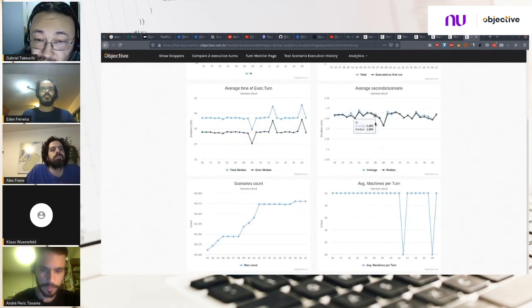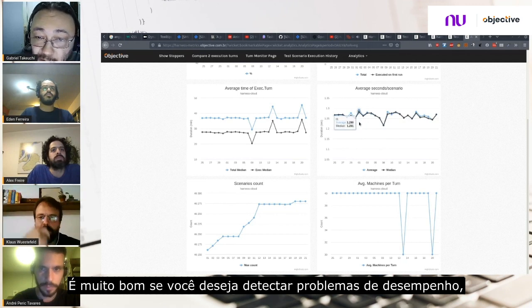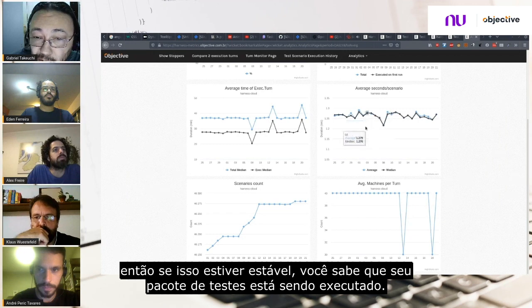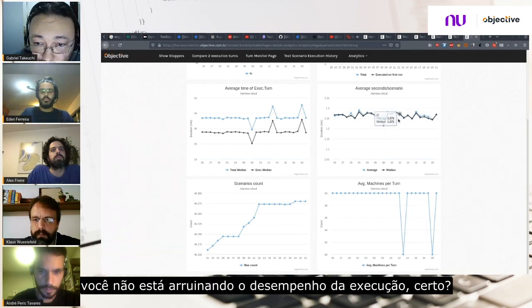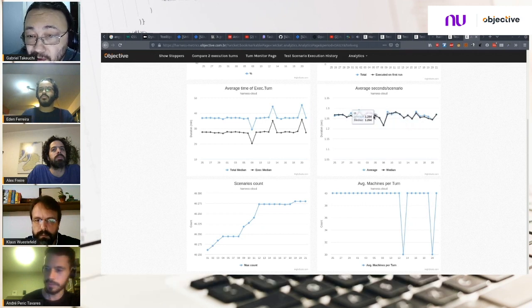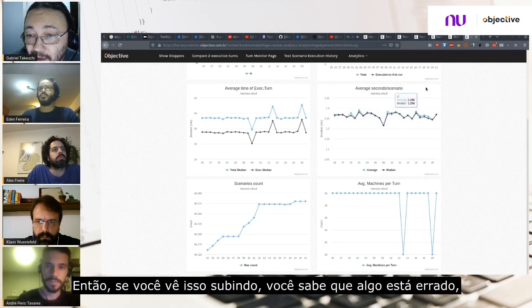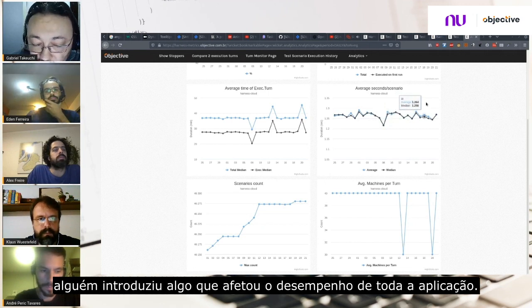right? It's pretty good if you want to detect performance issues. So if this is staying stable, you know that your suite of tests is not ruining the performance of the execution, right? If you start to see this going up, you're going to know that something's wrong. Someone introduced something that affected the performance of the whole application,